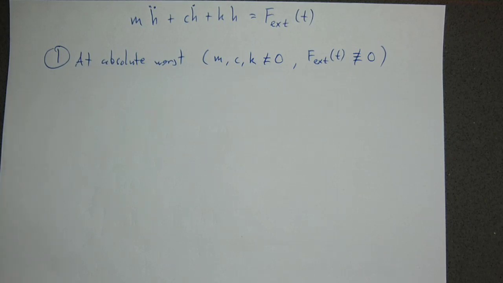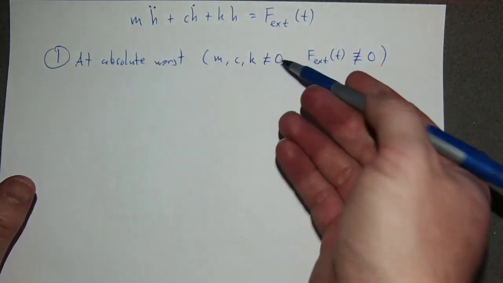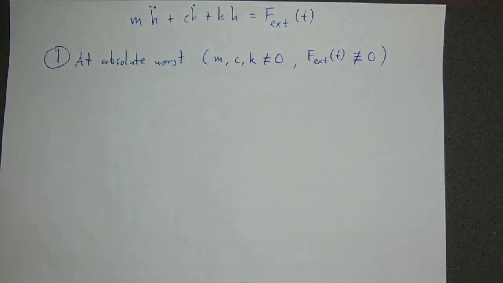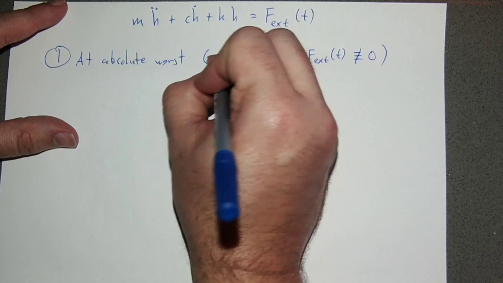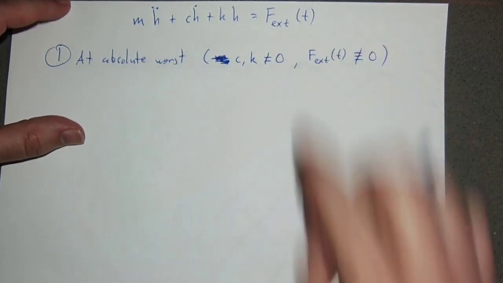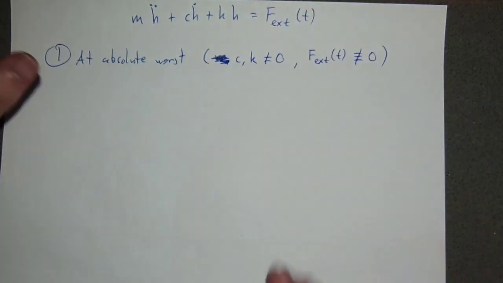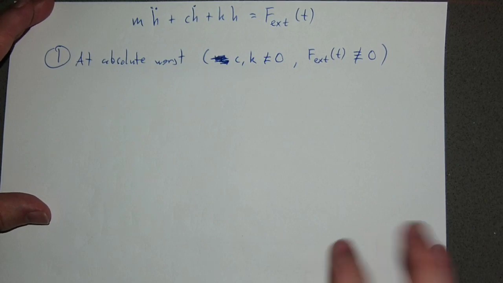All right, so this is not homogeneous. At absolute worst, m's the mass, it's never going to be zero. But when c and k are not zero and the external forcing function is also present, it's not zero, this is